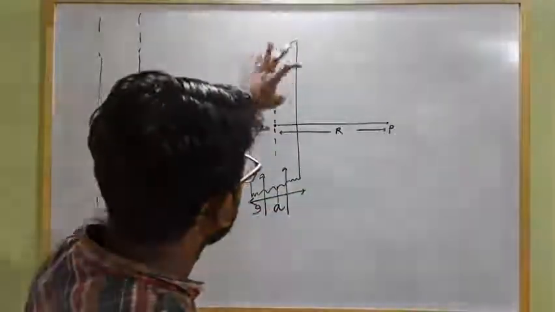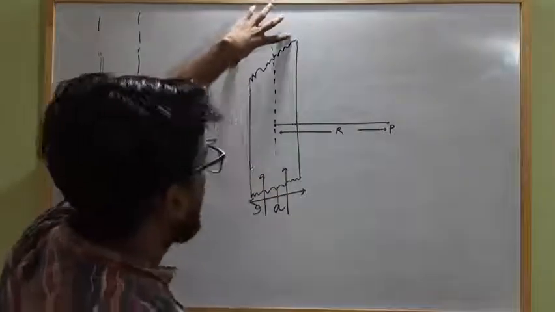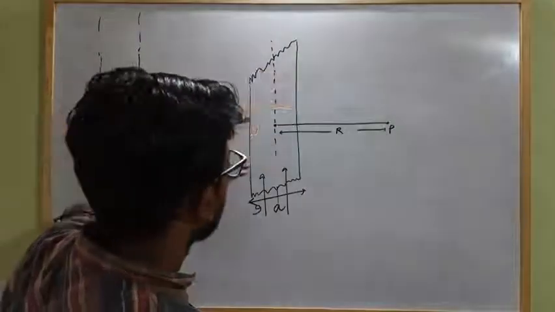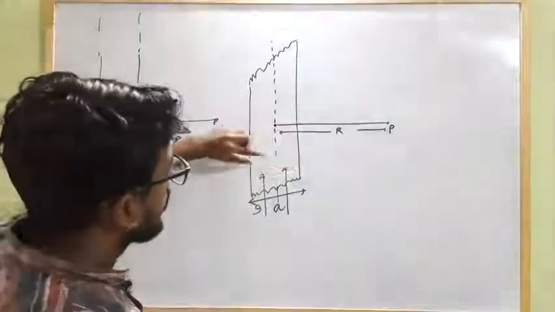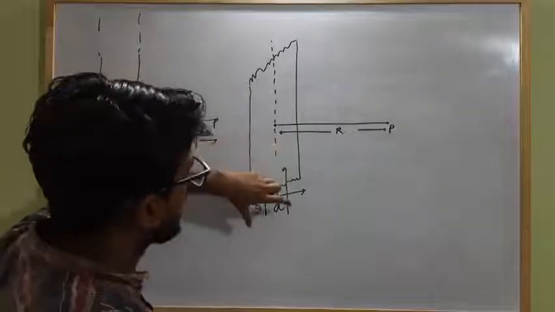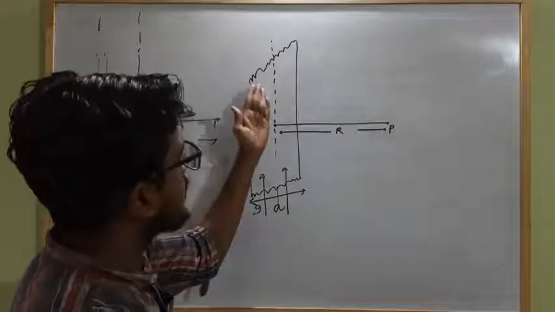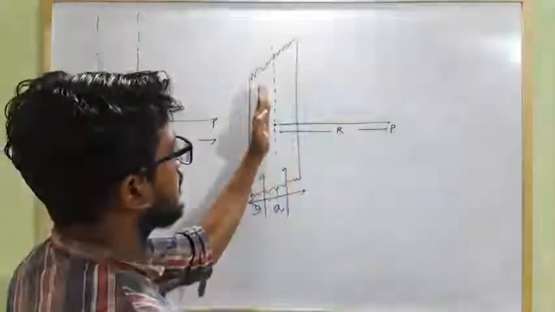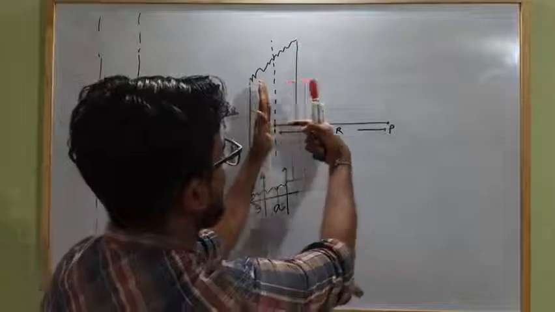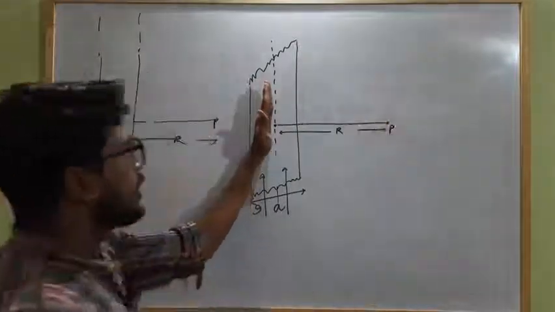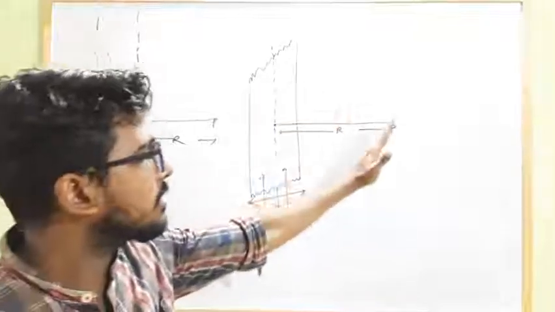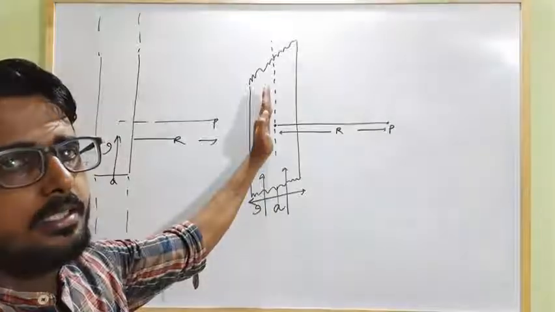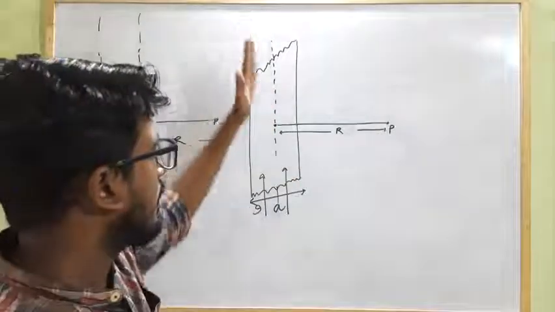This is an infinite flat current carrying plate, a straight current carrying plate, whose thickness is negligible and width is A, and it is present like this. Just imagine my hand is the current carrying plate, current flowing like this, the plate is present like this, and this is the center. The point of observation is at this point P. So now we have to find the magnetic field strength at this point P due to this current carrying segment. Okay, this is an infinite current carrying flat sheet.